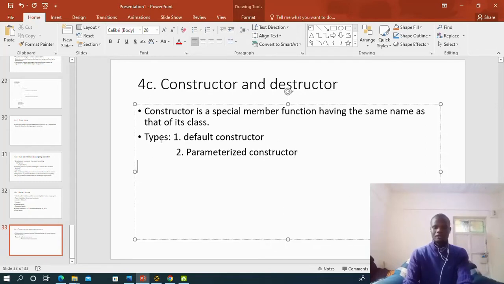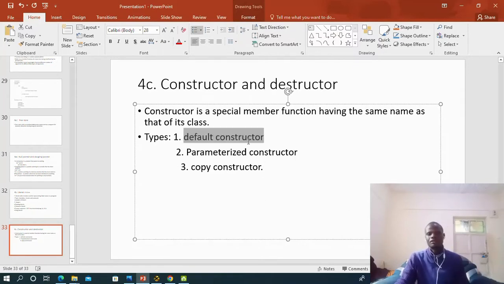Then now we have number 3, the copy constructor. So not to make the video too long, you visit our site and read about the default constructor, parameterized constructor, and their syntaxes and their examples in code. So just to proceed with the question,